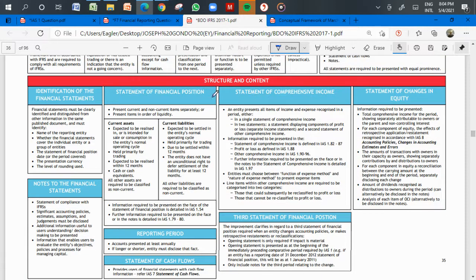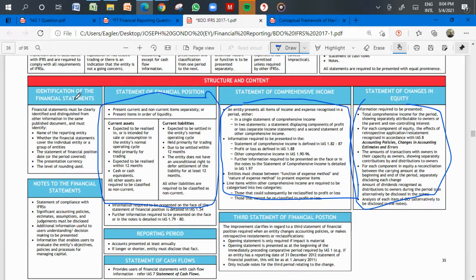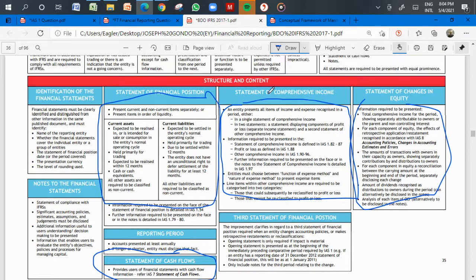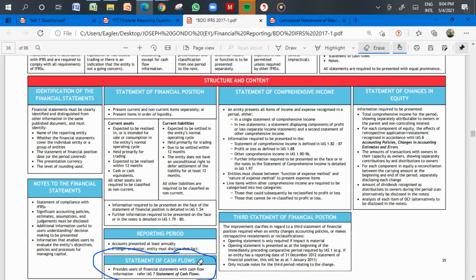Then it also defines what is a current asset and what is a non-current asset. You have to know this. And then also the minimum content of a statement of comprehensive income, the statement of changes in equity, and also the cash flow statement. But for the cash flow statement, we don't have detail here because it is covered by an entirely different standard. So what is a current asset? We say in terms of IAS 1,